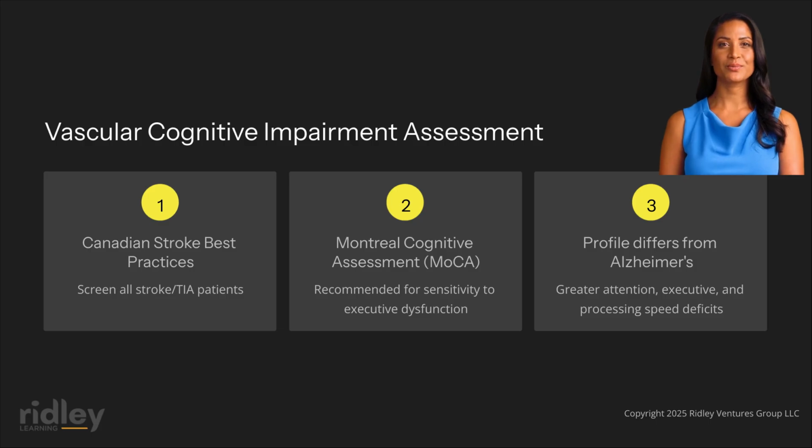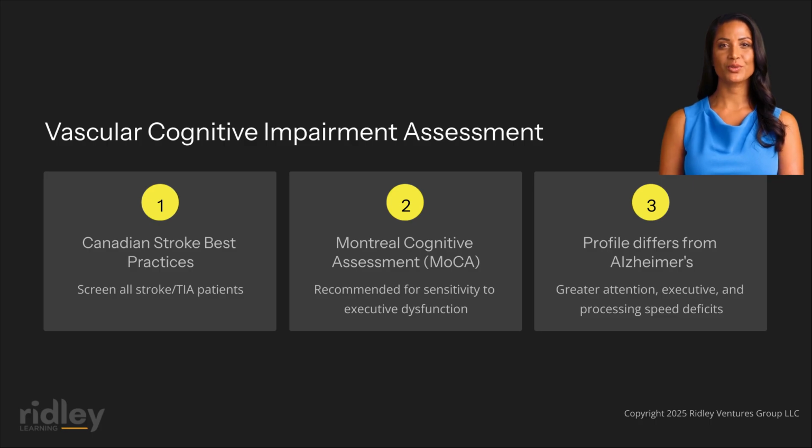The Canadian Stroke Best Practice Recommendations on Vascular Cognitive Impairment provide comprehensive guidance for the assessment and management of cognitive dysfunction following stroke and other cerebrovascular conditions. These recommendations emphasize that all patients with stroke or transient ischemic attack should be screened for cognitive impairment using validated screening tools, with comprehensive neuropsychological assessment indicated for patients with positive screening results or functional concerns that suggest cognitive deficits